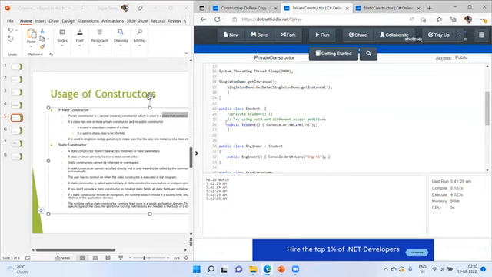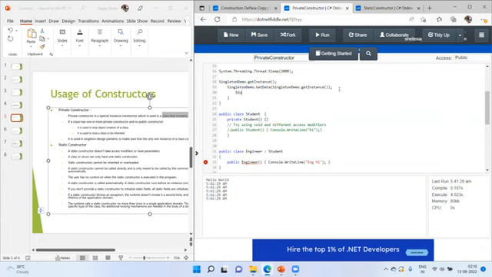Okay, so what would happen if I comment out this particular part of code and uncomment this particular one? So I've created a constructor which is just Student. Now, definitely this particular Student class is not exactly usable. So what would happen if I do student is equal to new Student? Yeah. So over here you can see the Student class is inaccessible, yeah, because I'm having just a private